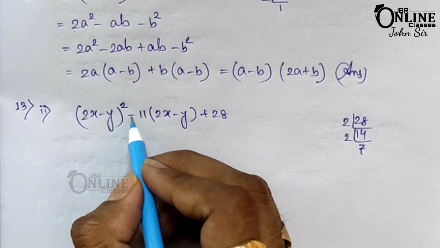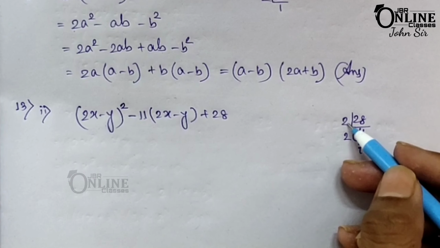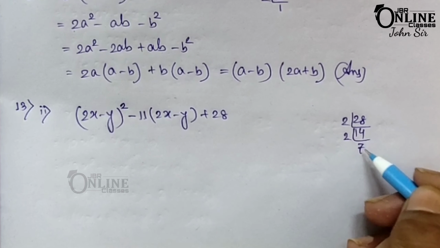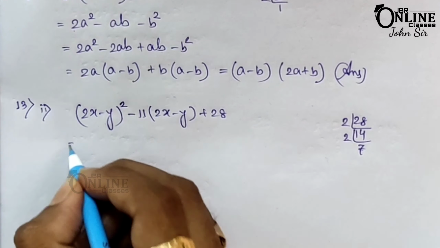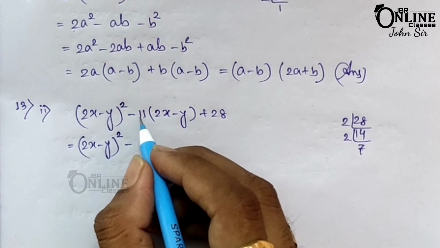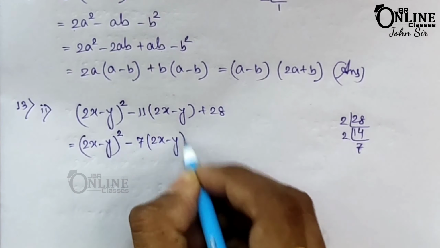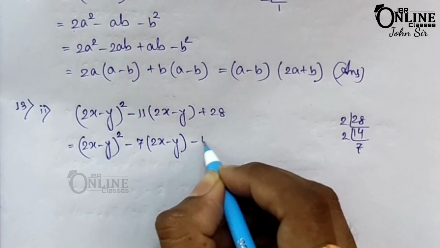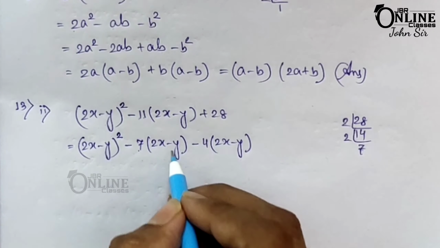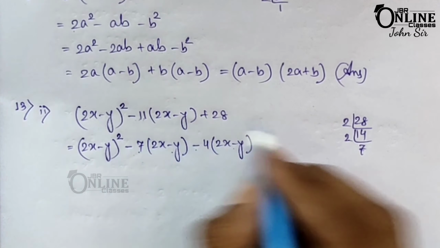Okay, so now here is 11. So to make this 11 you have to use these factors, that means 2, 2 and 7. So 2 into 2 becomes 4 and here 7. So 7 plus 4 it becomes 11. So you can write here 2x minus y whole square. Now instead of this 11, first write down 7 into 2x minus y and then minus 4 into 2x minus y. Okay, 7 into 2x minus y plus 4 into 2x minus y, it becomes 11 into 2x minus y